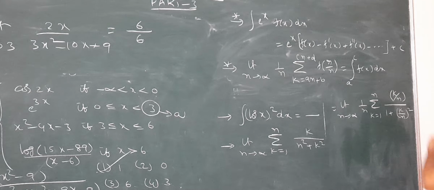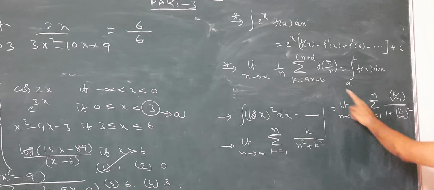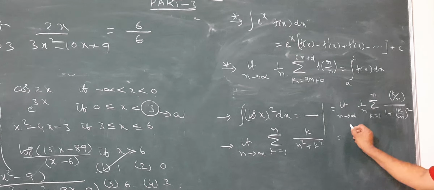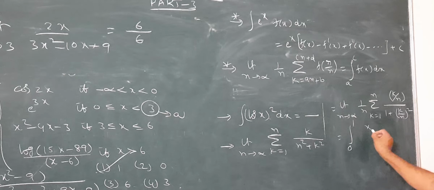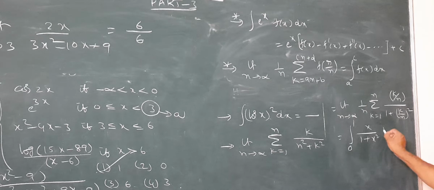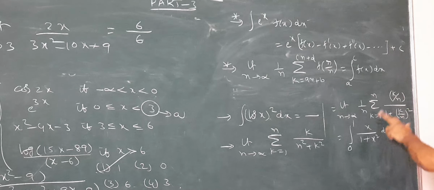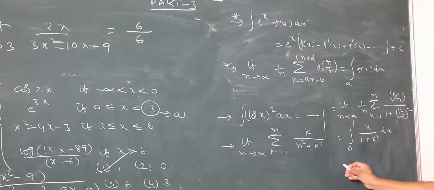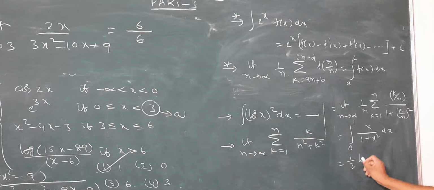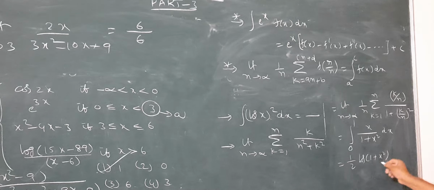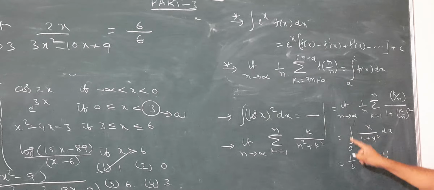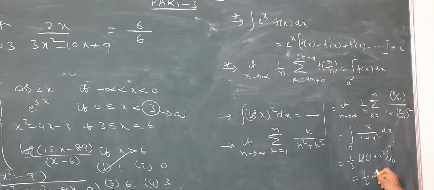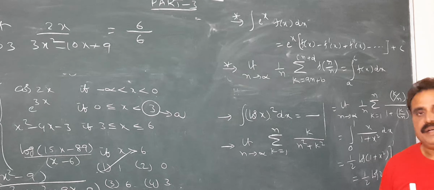Lower limit is 1, upper limit is n. Lower limit n coefficient is 0 here, no n, so 0. Upper limit n coefficient is 1. So the integral from 0 to 1 of x by (1 plus x square) dx; we just write x in place of k by n. That equals half log (1 plus x square), since f dash x by f of x form, supplying 2x, from 0 to 1, which is half log 2. It belongs to the definite integral.